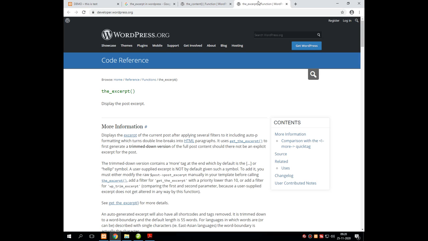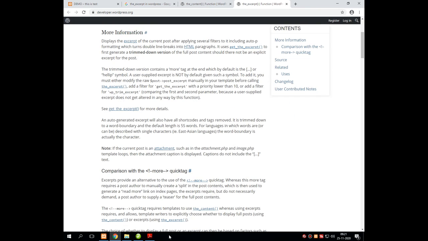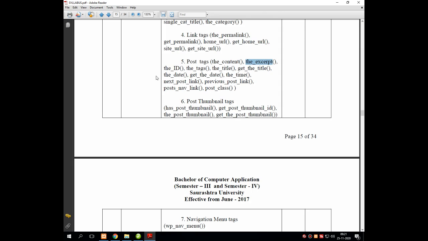That means it will display the current post after applying several filters, including auto formatting, which turns double line breaks into HTML paragraphs. It also uses get_the_excerpt to first generate a trimmed down version of the full post content, should there not be an explicit excerpt for the post. It's not important, so we'll move on.